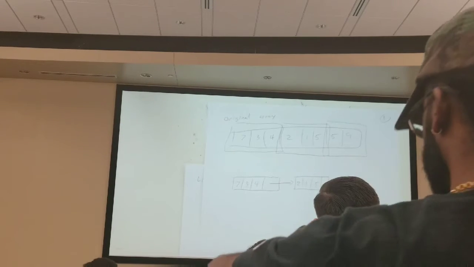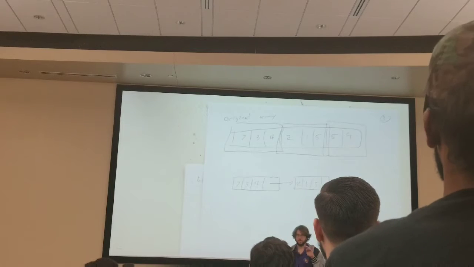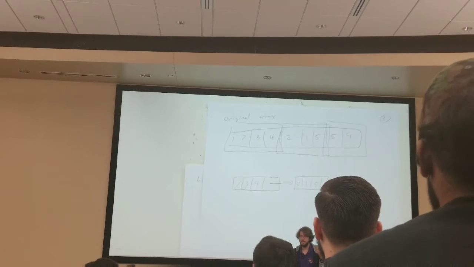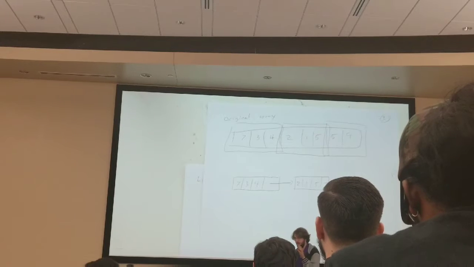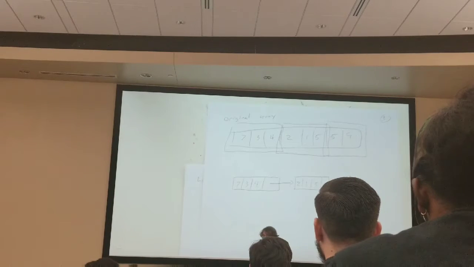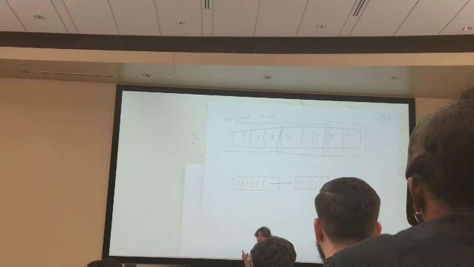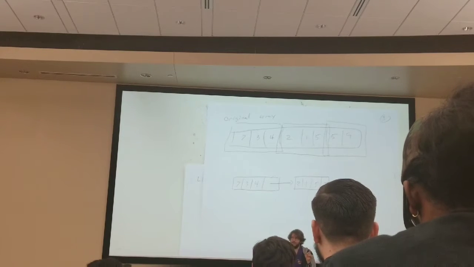Basically what it means is that sometimes when you're trying to store stuff on your disk, if things are fragmented, you might store one section of a program in one location and another section in a very far away location. If you need to jump back and forth between those two, imagine you're doing a for loop and half of the for loop is stored at address 0 and the other half is stored at address 1 billion. Then you need to read back and forth between those two sections